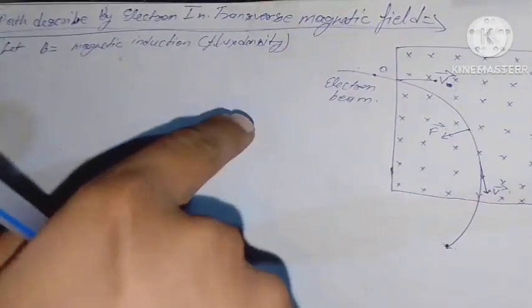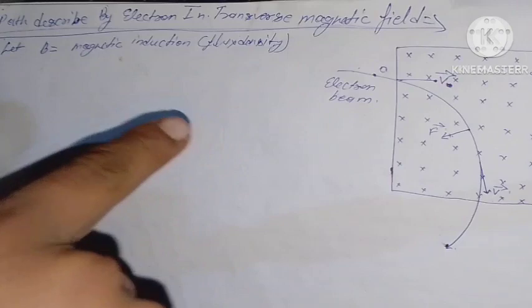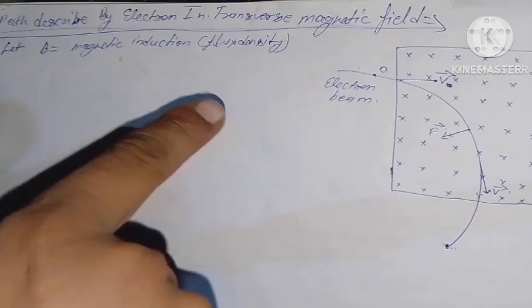A beam of electrons, each of mass m and carrying negative